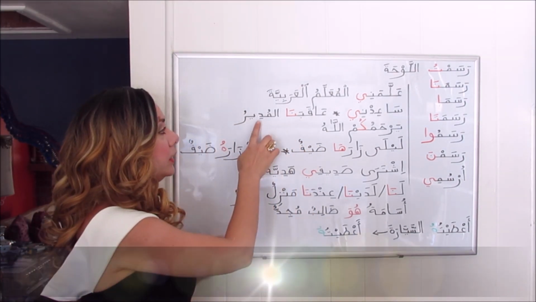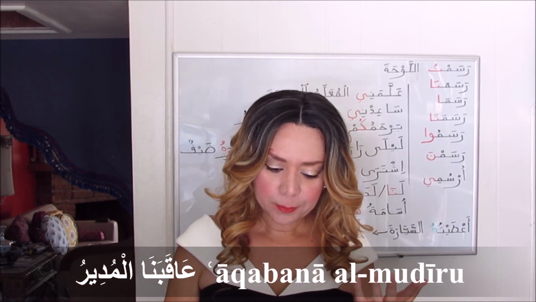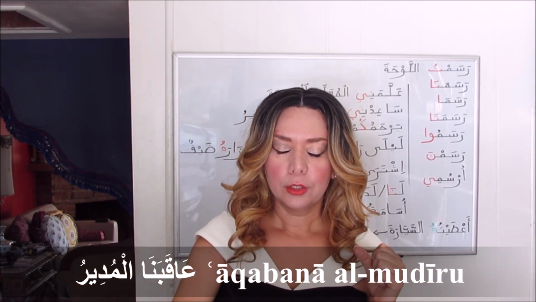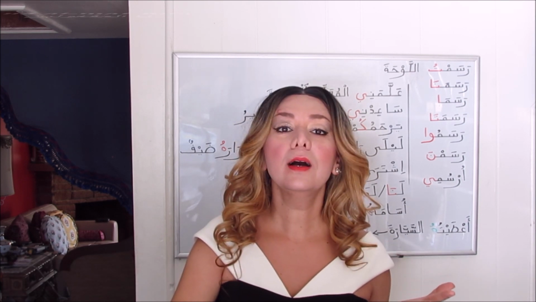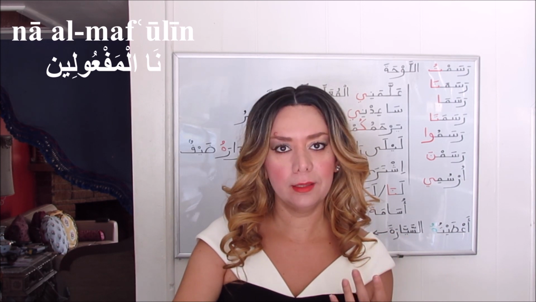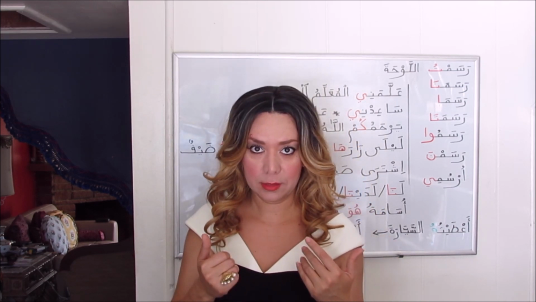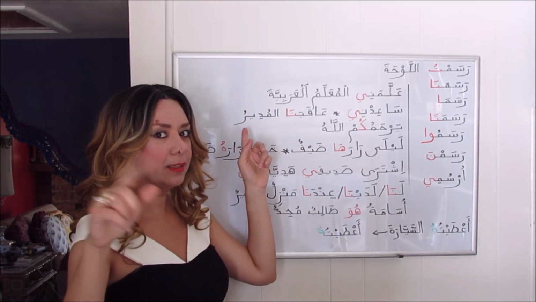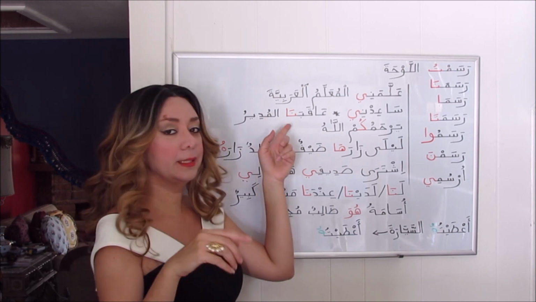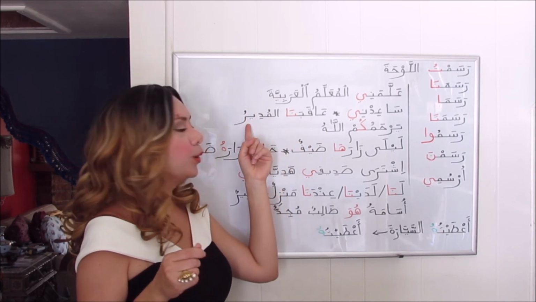عاقبنا المدير. Here we have na. So na is the na of the plural objects. Na المفعولين. Na المفعولين. So, referring to us. The principal, so the delayed subject because of this object's pronoun. So the principal